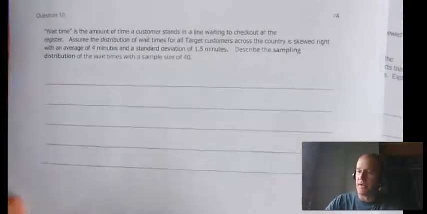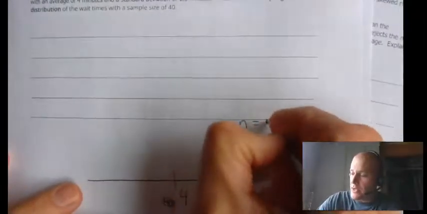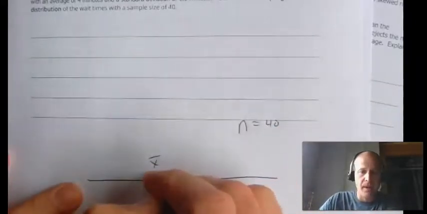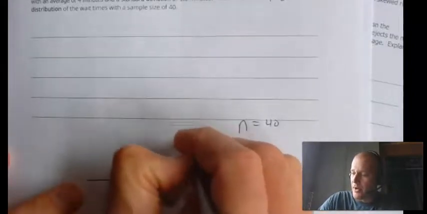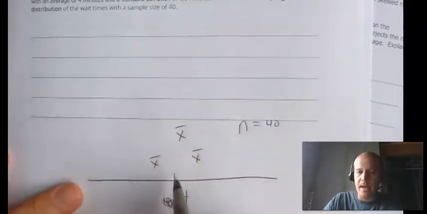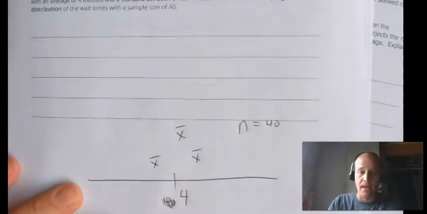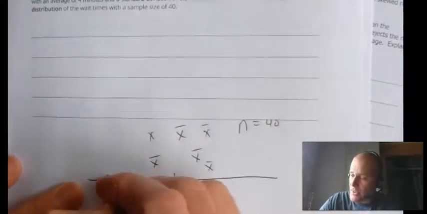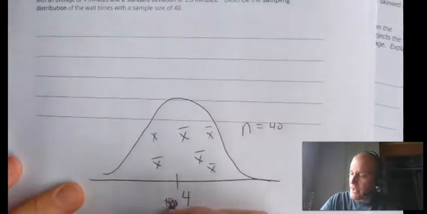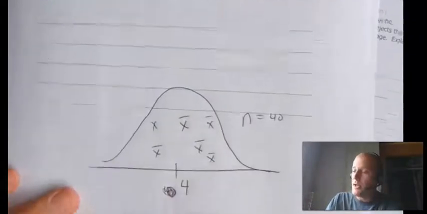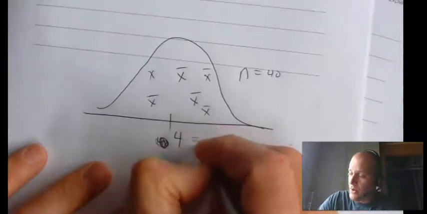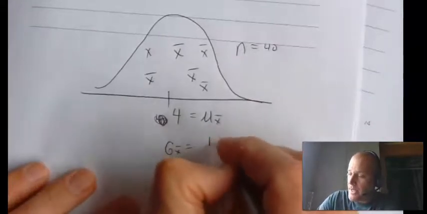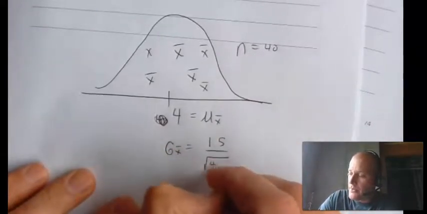With a sampling distribution, I go out and get 40 random shoppers and get the average wait time. Let's call it x bar. I'll go out and get another sample and call that x bar. Each of these x bars represents the average wait time for a random sample of 40 people. What you're going to find is that these x bars are going to be centered around 4 minutes, because that's the population's average, but your variation is going to be decreased. We would call this mu of x bar. The spread is going to be the population standard deviation over the square root of the sample size,